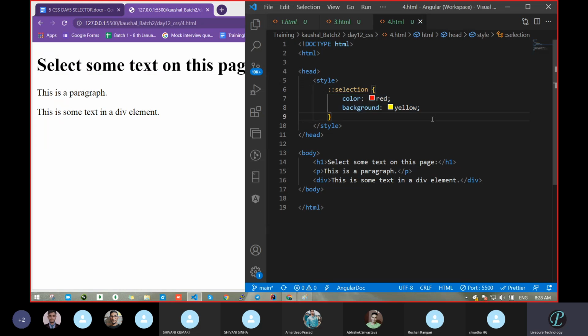Or anyone having doubt? So which pseudo class? That is the pseudo class selection. But here you can see one thing. Why had we not passed any tag here? I want selection only for H1. So I will pass H1 here. Clear? If I pass H1 and then selection, it will work only for the particular H1 tag.